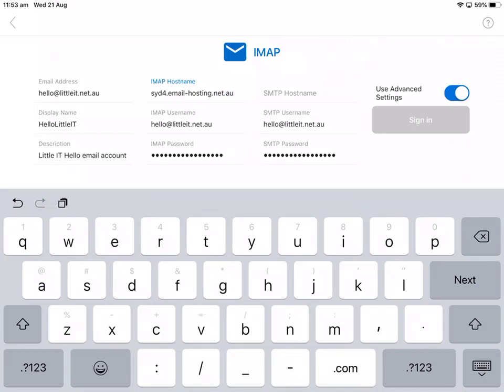Same applies. If I push down and hold, you'll get up your menu like a right click when you're using a computer. Select all, copy, come across to the outgoing or SMTP host name. Just press into the box and then press it again, which brings up your menu option. Select paste, and just a quick way of putting that detail in. So that's all we should have to change at this point. If we click sign in,